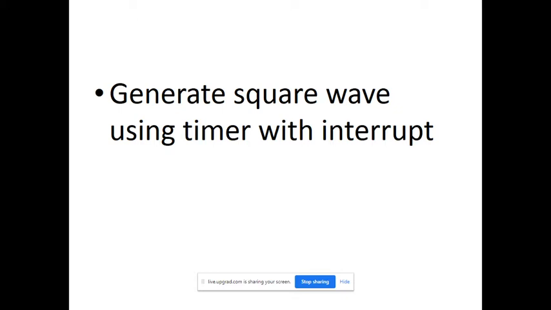For example, suppose T on and T off is 50%, and you are generating a square wave where the duration for T on is 5 seconds and T off is also 5 seconds. In that case, you make the controller pin high, and then you call the delay for 5 seconds. After that, you toggle the pin and it is switched to low voltage, and then again you call the delay of 5 seconds.